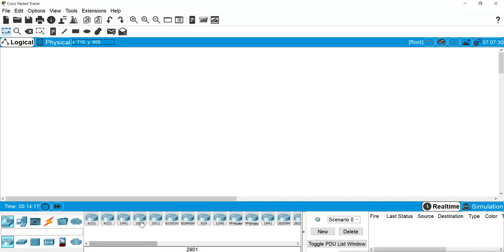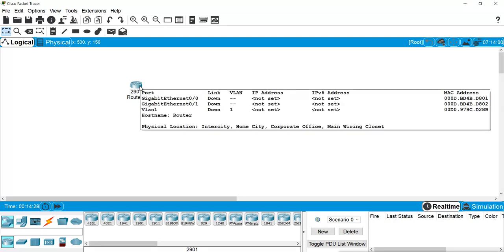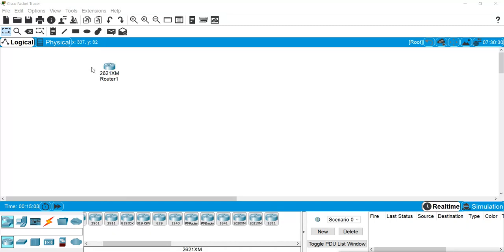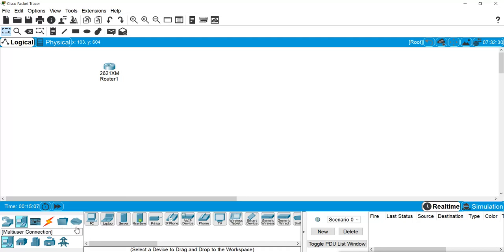So let's say you can connect any of these routers. I will select one of these routers.